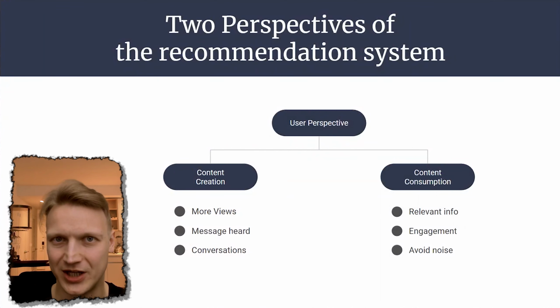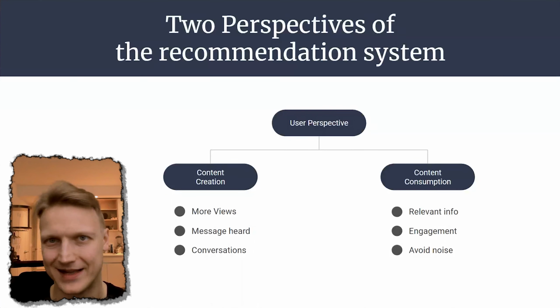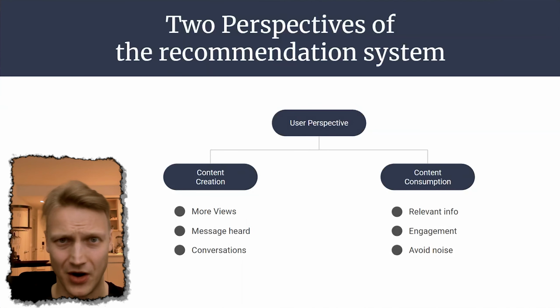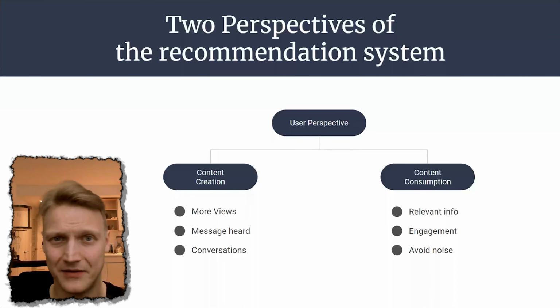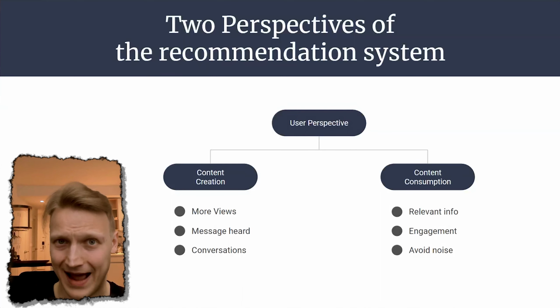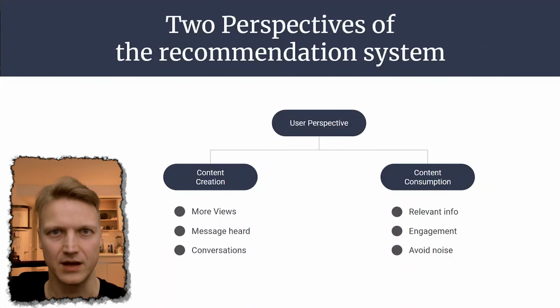To answer that question, we're going to look into the system from two perspectives. What matters for the users: is it either content creation or content consumption, or is it a healthy balance of both? Users can be after views, so the algorithm will be ordering a specific behavior, or they can be seeking relevance in the information they're receiving, so the algorithm is trying to give them that. Or is it so? To give you the most comprehensive answer, I did my best at analyzing all available sources, including technical documentation, scientific papers, and even source code that was revealed in March last year.